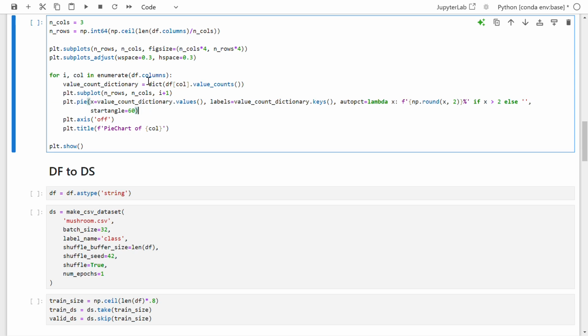So in value_count_dictionary we will have counts of unique elements present in the column as values and the unique element names as keys. So I am providing inside the pie chart function values as x and keys as labels,